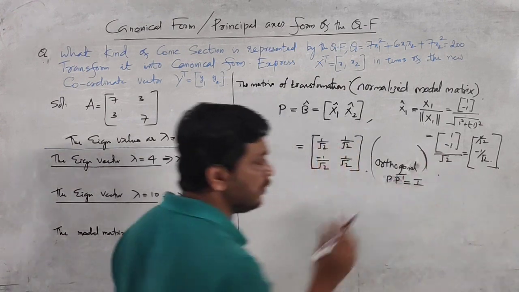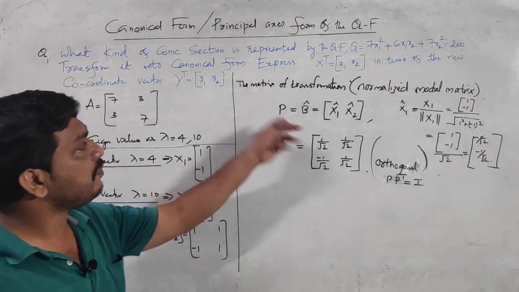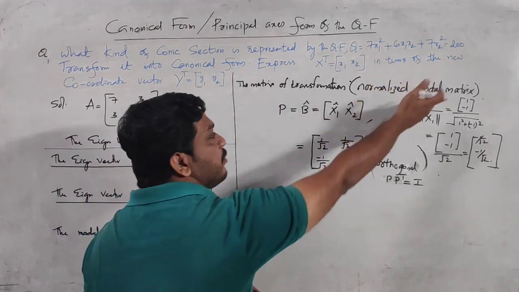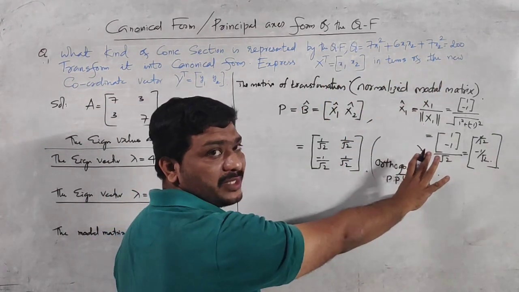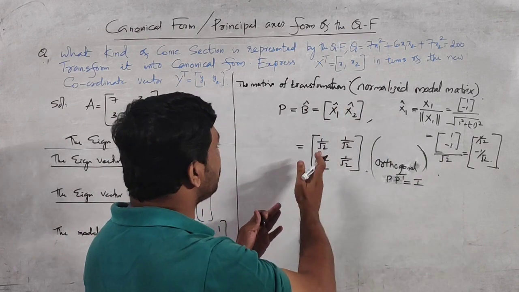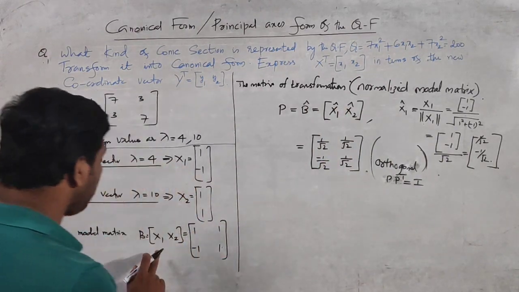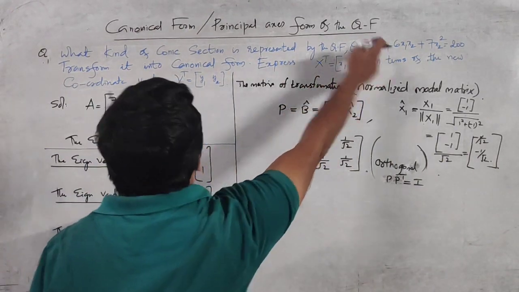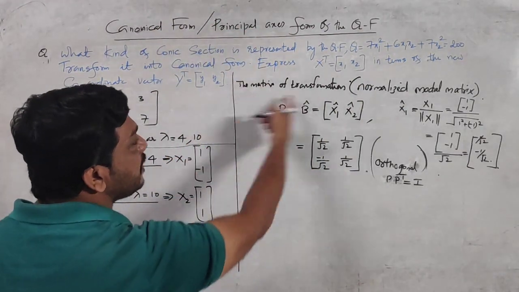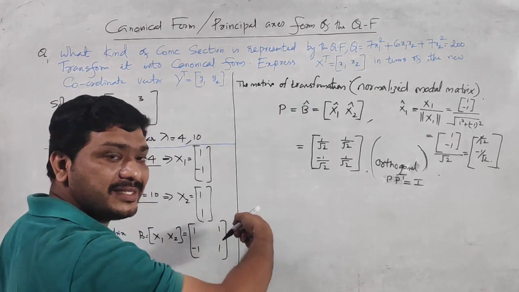identity. So, every time after the model matrix B, we must create a normalized model matrix. It is always an orthogonal matrix. So, this is an orthogonal matrix that can be used for the conversion of the given quadratic form to canonical form or principal axis form. This is the matrix of transformation. Next one is,